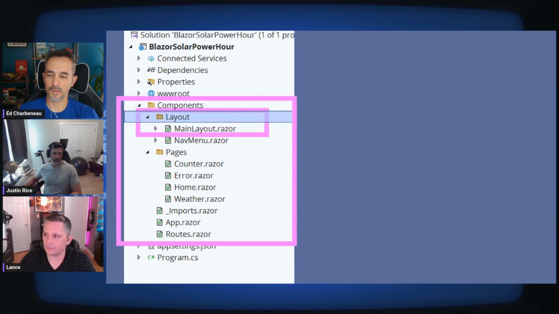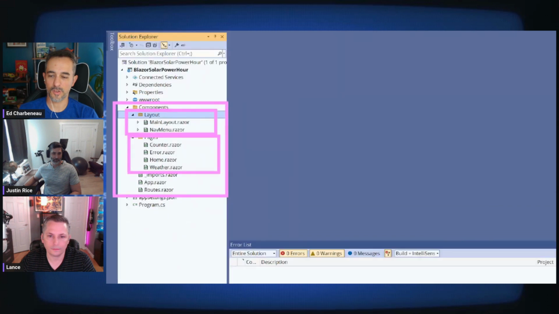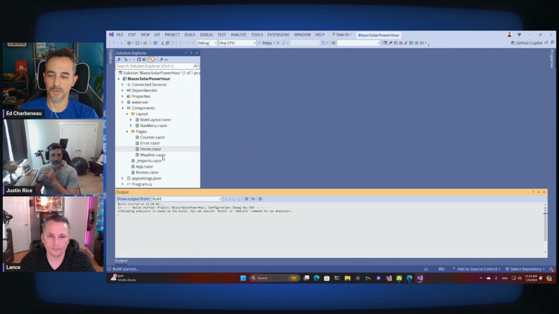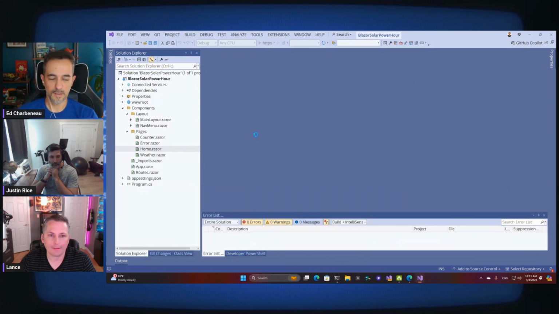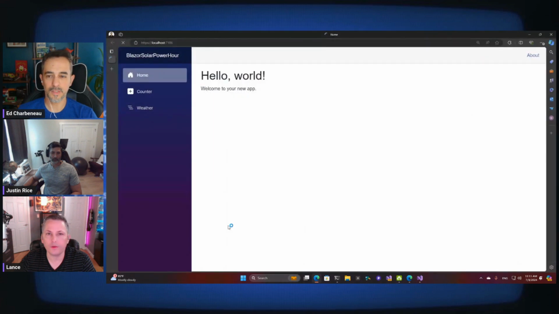We've got the layouts, which are kind of generic layout components. It's just the main layout of the app and some navigation. And then we have the sample pages in here, the counter, the home, and then your weather data sample, which has been watered down a little bit from .NET 7. They tried to make it easier, but took out the HTTP context from it. So if we spin this up,